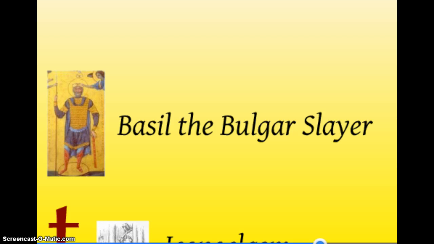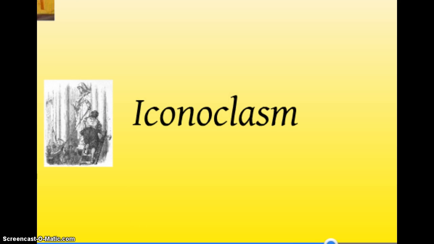Remember when I said, what direction were the Byzantines trying to spread? Northward. They tried to reunite the West, but they tried to expand their territory by going north. Well, Basil is one of the guys that accomplished that by conquering Bulgaria. What you should write down about Basil the Bulgar Slayer is he added Bulgaria to the territory of the Byzantine Empire. Expanded northward.